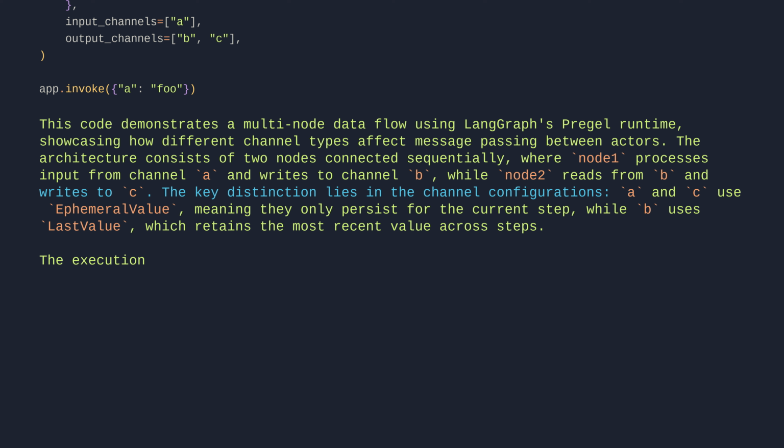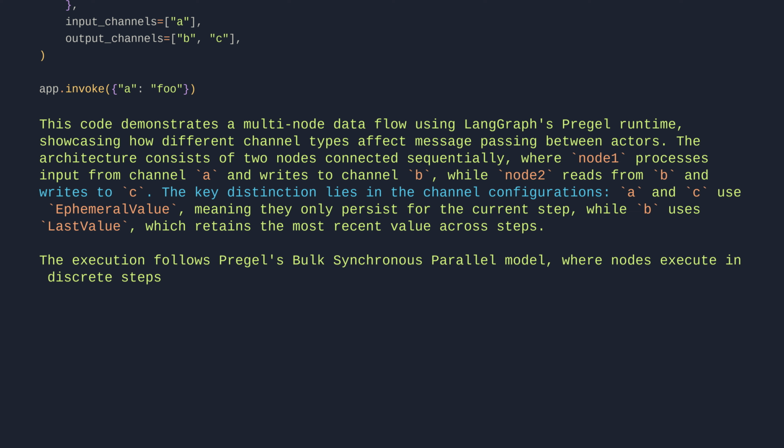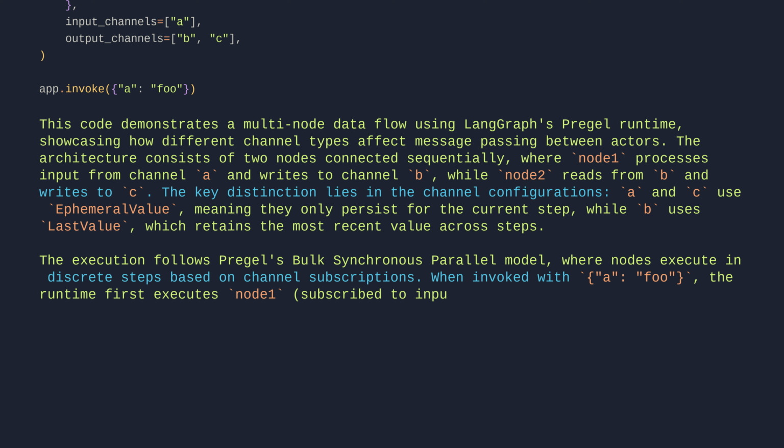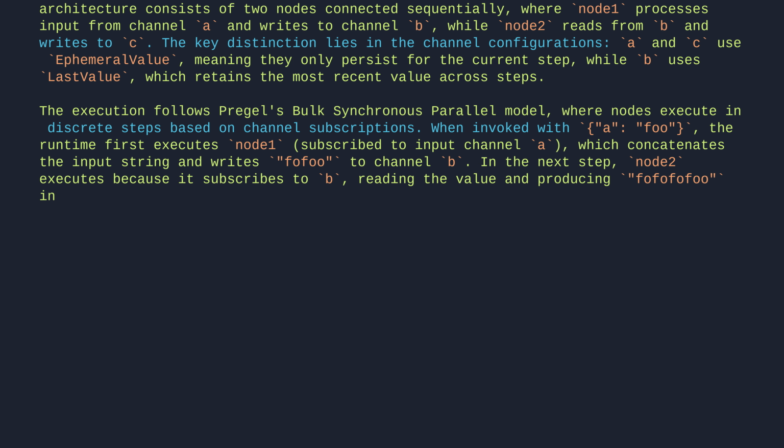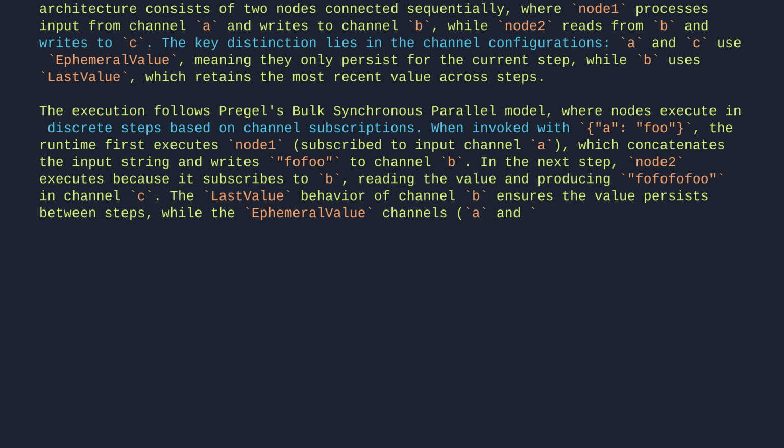The execution follows Pregel's Bulk Synchronous Parallel model, where nodes execute in discrete steps based on channel subscriptions. When invoked with "foo", the runtime first executes node 1, subscribed to input channel A, which concatenates the input string and writes "foofoo" to channel B. In the next step, node 2 executes because it subscribes to B, reading the value and producing "foofoofoofoo" in channel C. The LastValue behavior of channel B ensures the value persists between steps, while the EphemeralValue channels A and C demonstrate